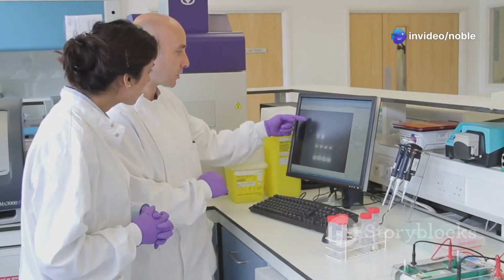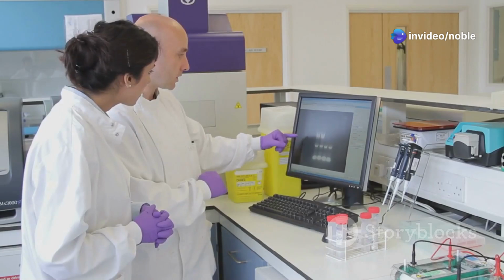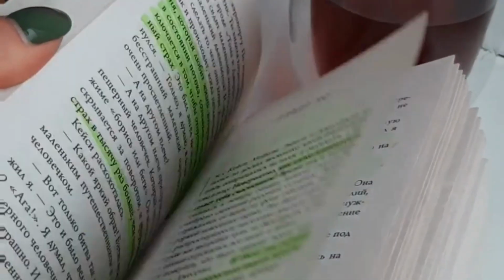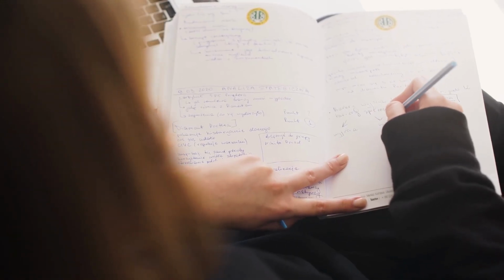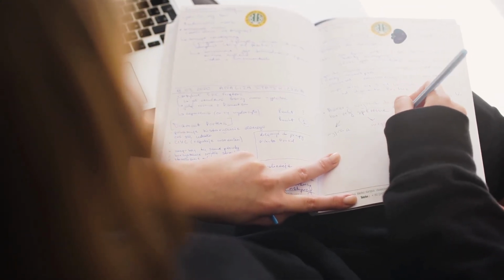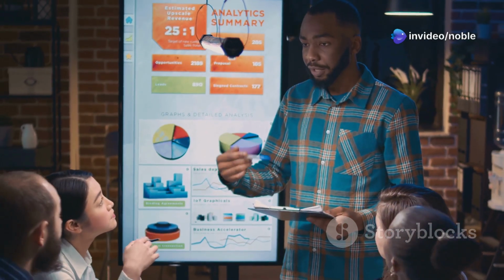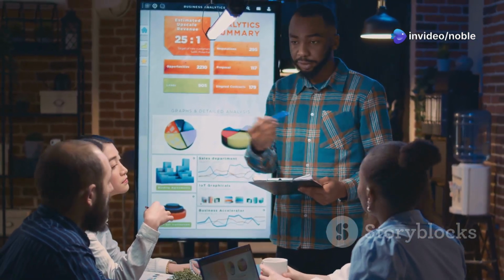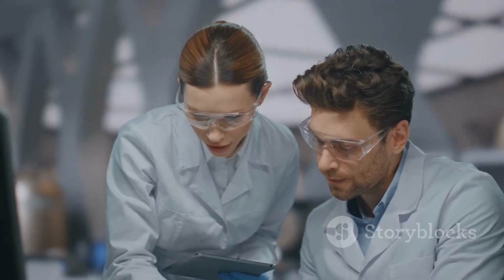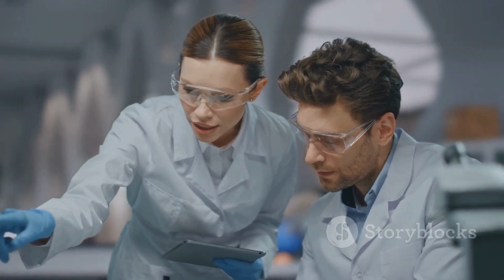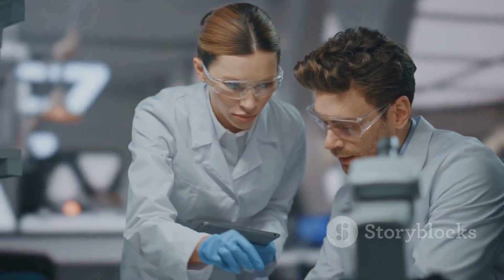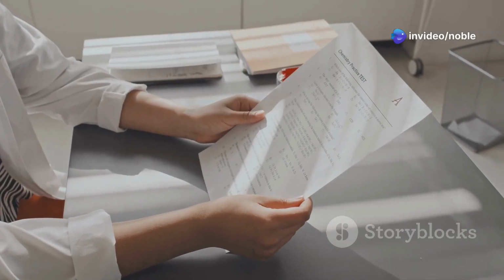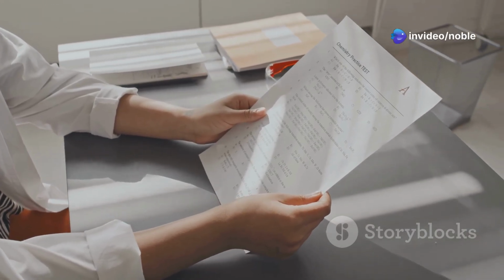Informative abstracts, on the other hand, go beyond mere description. They provide a more comprehensive summary of the research, including specific details about the methodology, results, and conclusions. These abstracts are generally longer and aim to provide the reader with a clear understanding of the research findings. For most research papers, particularly in scientific and technical fields, informative abstracts are preferred. They offer a more complete picture of the research and allow readers to grasp the key takeaways without needing to